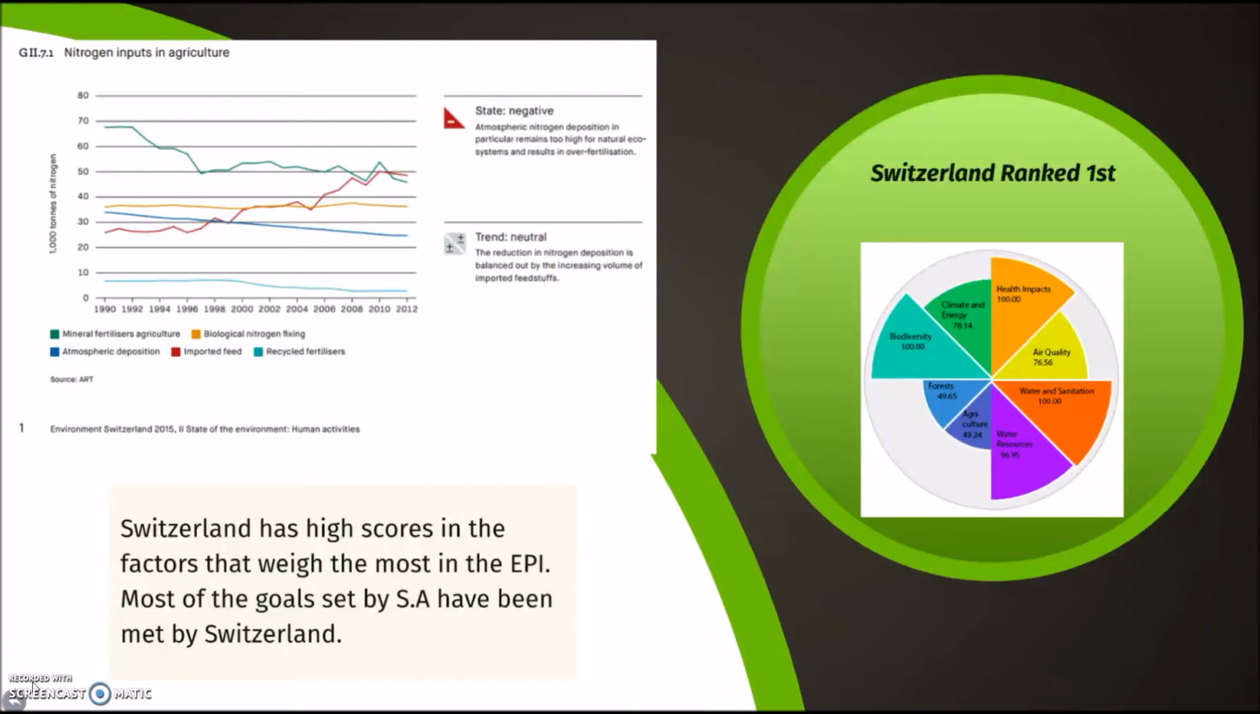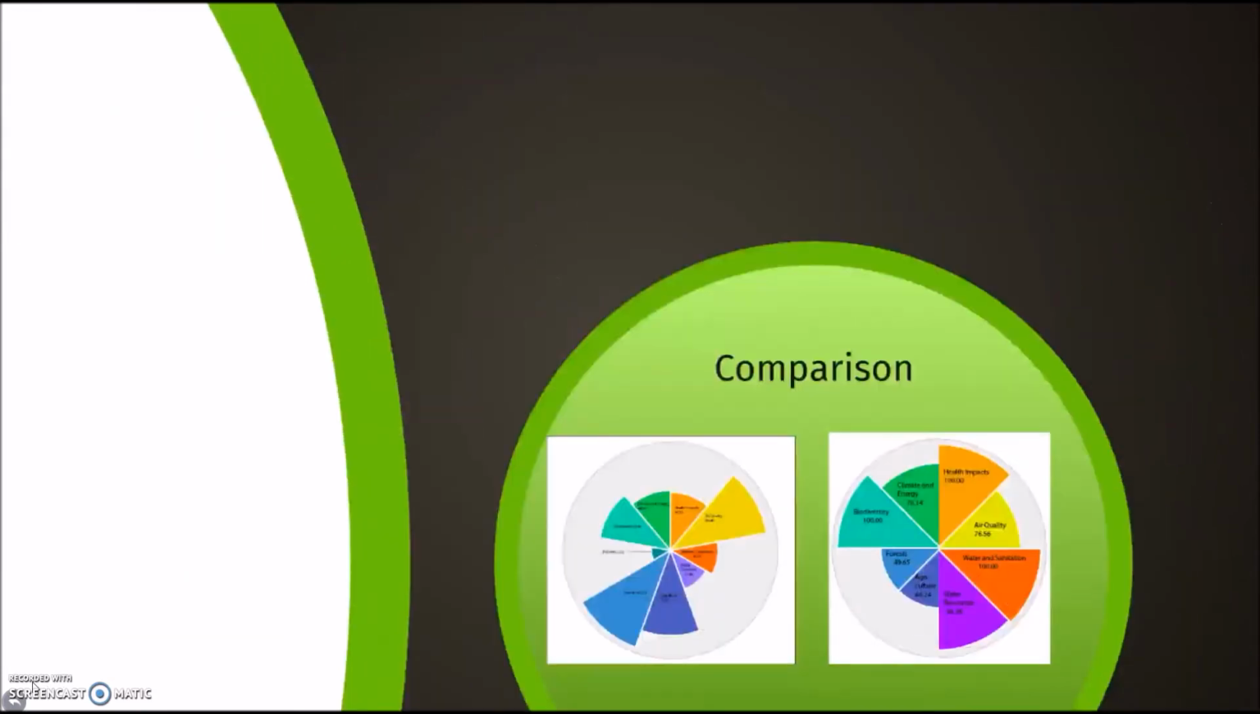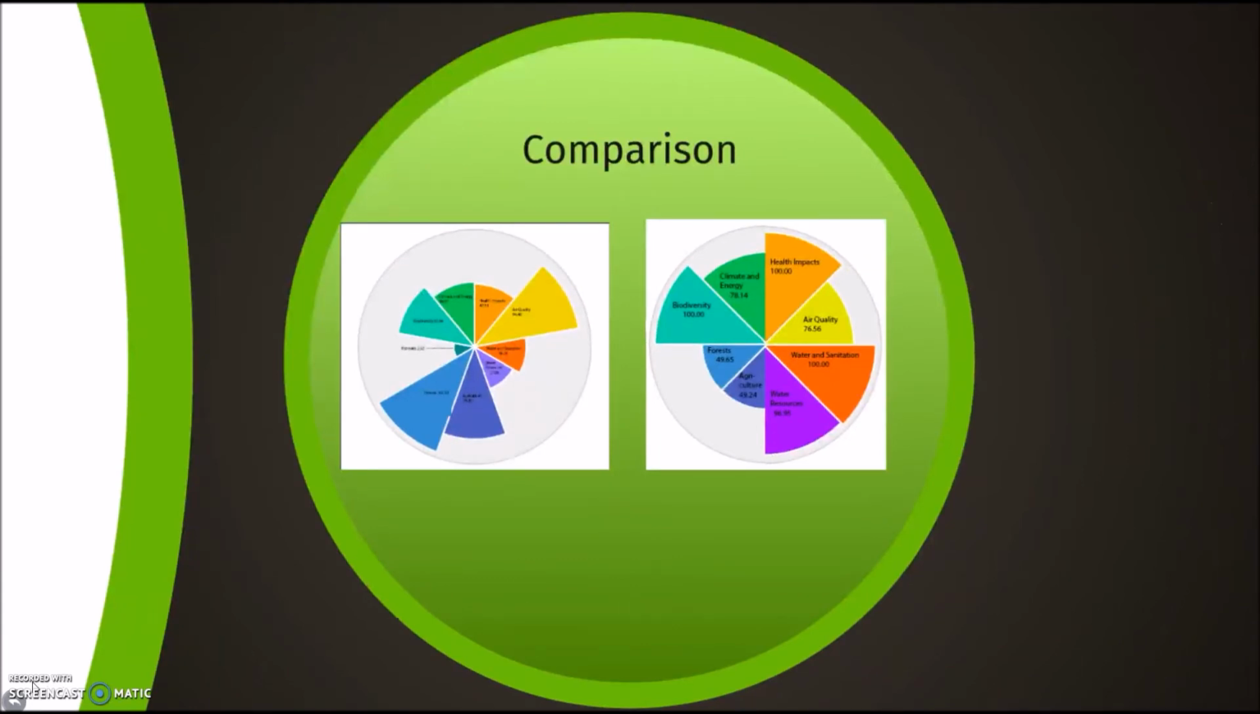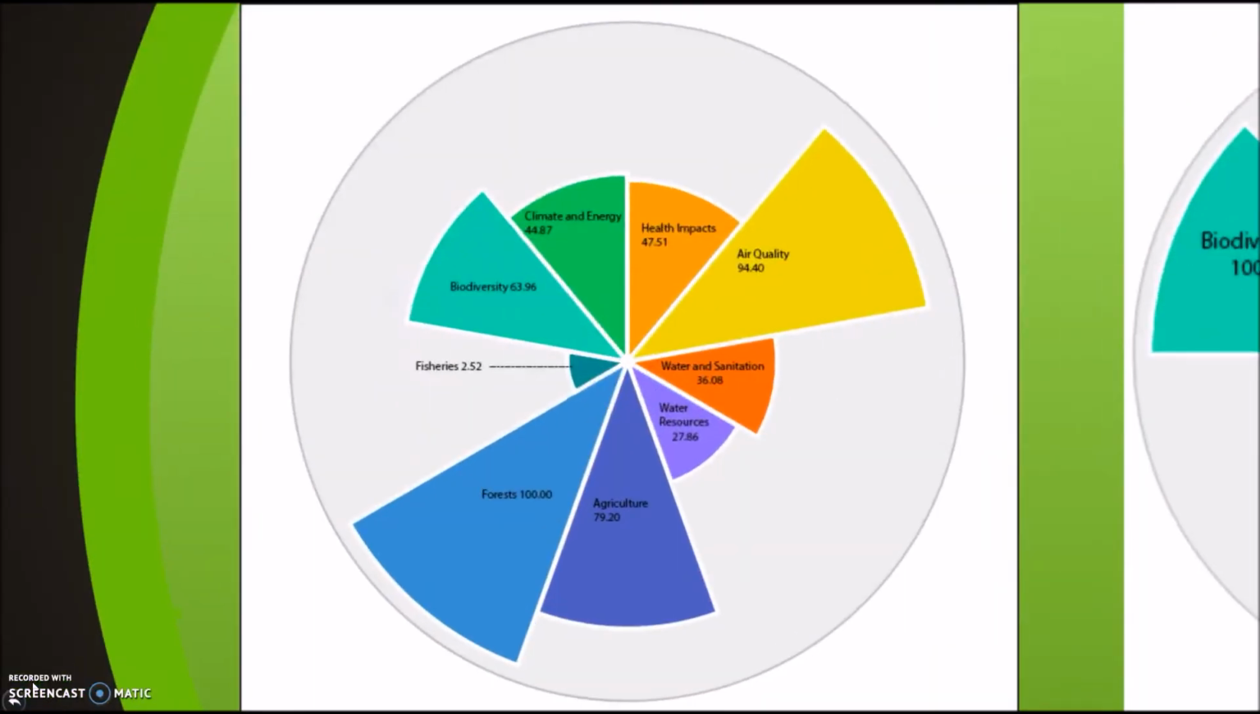So Switzerland has high scores in the factors that weigh the most in the EPI, and most of the goals that have been set by South Africa have been met by Switzerland, and that's why they're moving forward. So when comparing the two, in South Africa we have great air quality and forestry. Biodiversity is doing well, so is agriculture. But again, the categories that weigh the most do not have